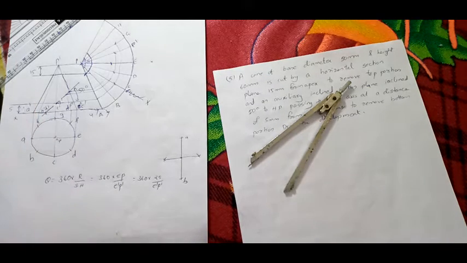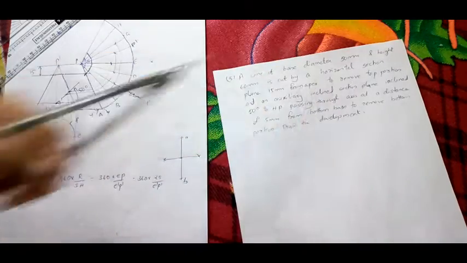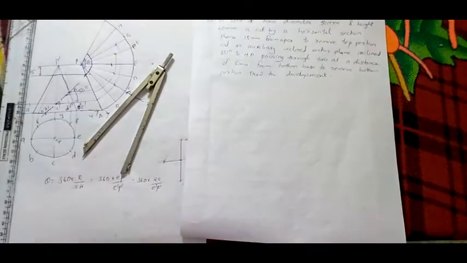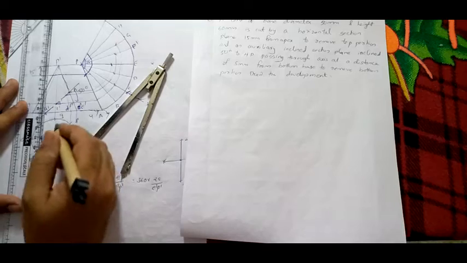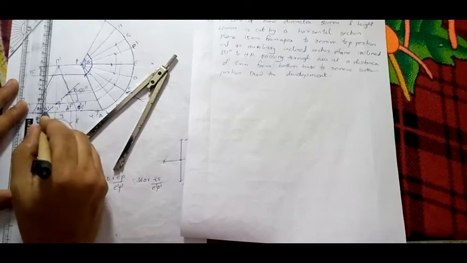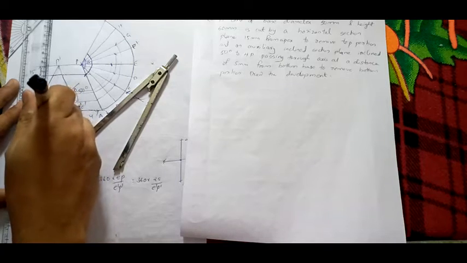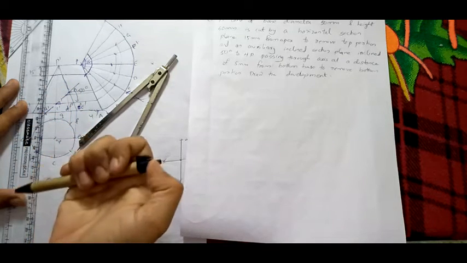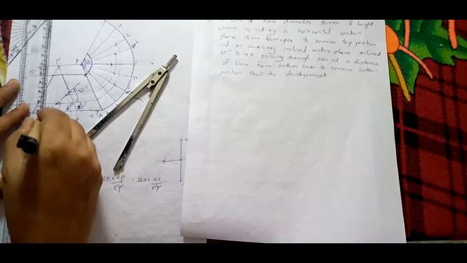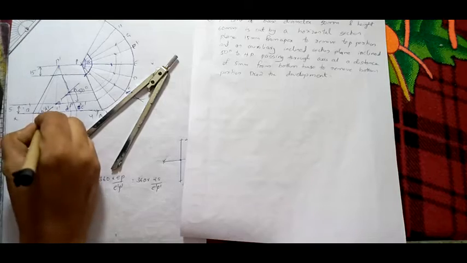So it is very difficult to find the base. I'll be telling you an approximate position. Basically, this is actually not the correct position. Correct method means you have to find the theta, then you have to reproduce. I'm not going for that. So simply I'll tell you an easy method. Actually, it is not the correct method. It's an easy method. So I'll project to the base here. See. Base it is cutting here and here.